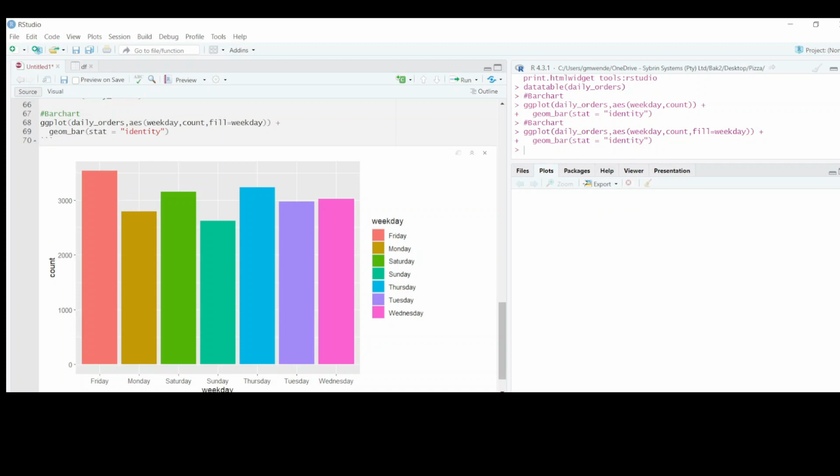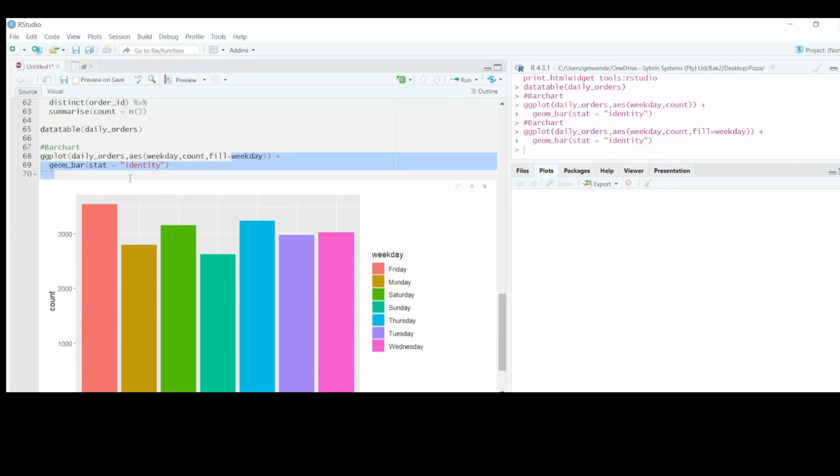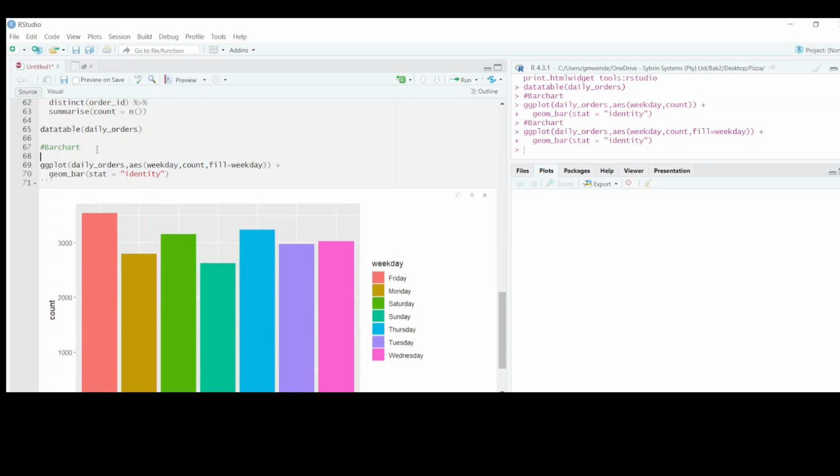Another thing we'd want to note is that this has not been arranged: Friday, Monday, but I would like it to appear from Sunday, Monday, Tuesday, Wednesday. So how do we sort that? We have to write weekday as a factor, okay? You have to convert it to a factor. How do you convert it to a factor? Since you have that column already, you can modify it by writing